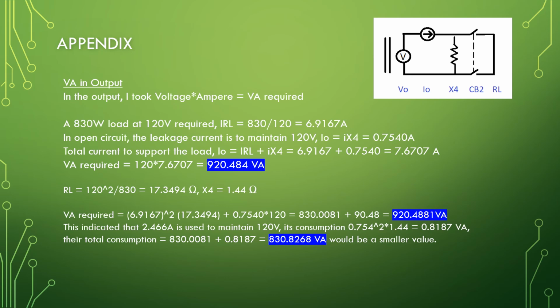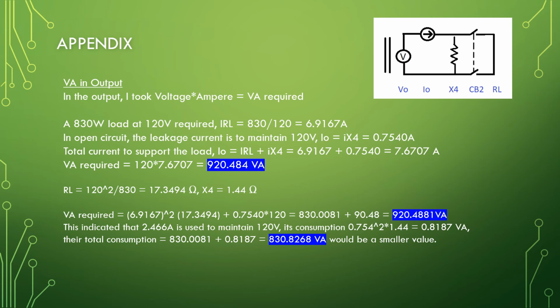VA required equals 6.9167 squared times 17.3494, plus 0.754 times 120, equal to 830.0081 plus 90.48, equal to 920.4881 VA. This indicated that